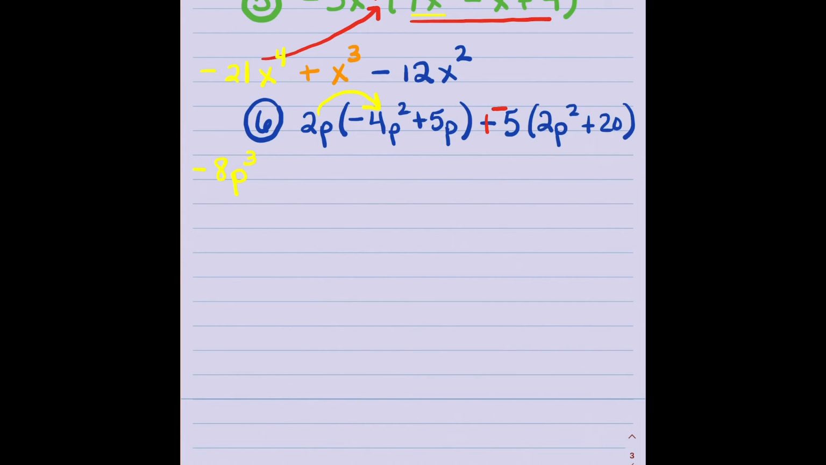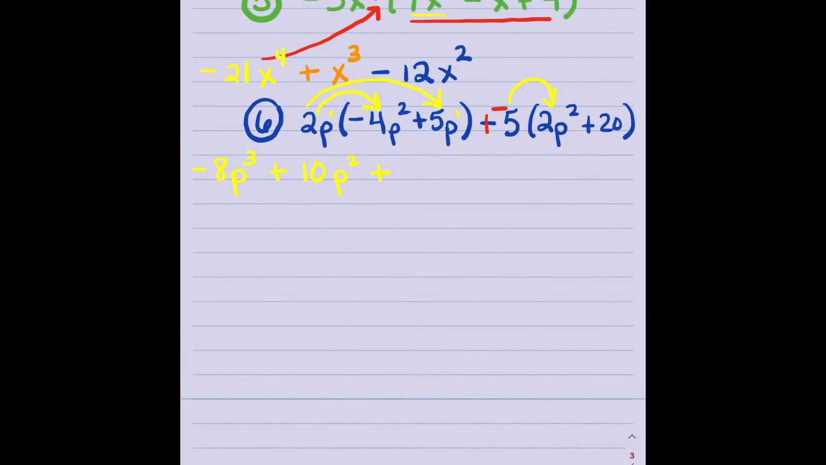And then in the next step, we're going to go 2p times 5p. 2 times 5 is 10. P times p is p squared. So remember, we're adding the exponents there. All right, we're done with that one. So we're going to keep going. Plus,